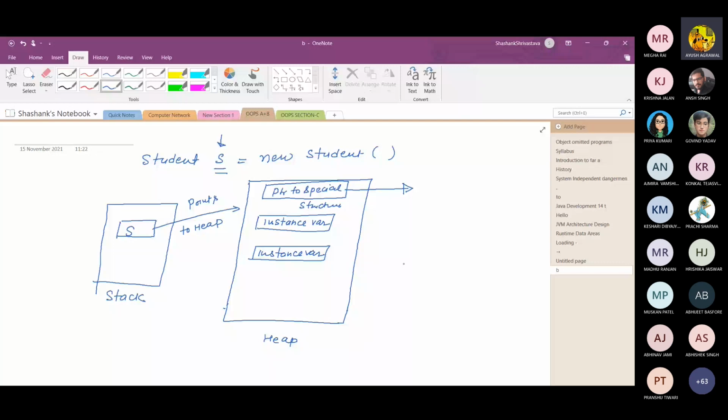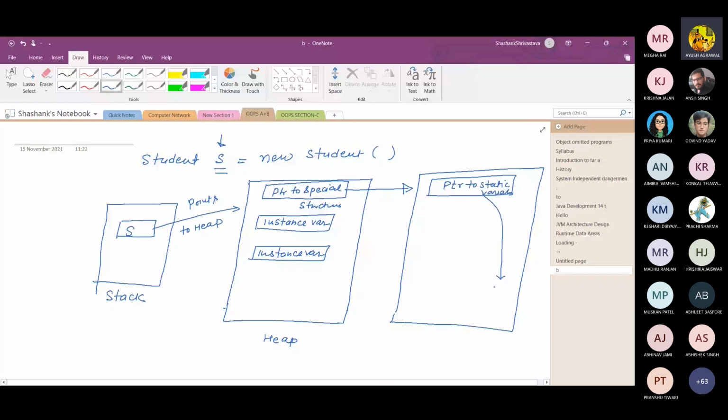So here it points to a pointer to static variable, and this pointer points to all the static variables, if the static variables are there. If there is no static variable, then there is no problem. And there is another pointer, like pointer to method. Suppose there are two methods, so there are two pointers to method, and these two pointers point to the different methods which are stored in the method area of memory.